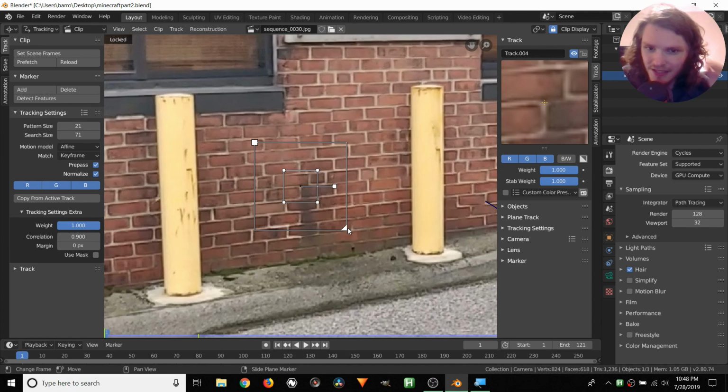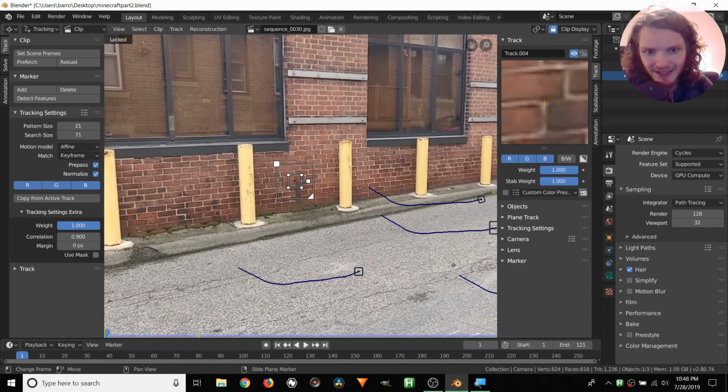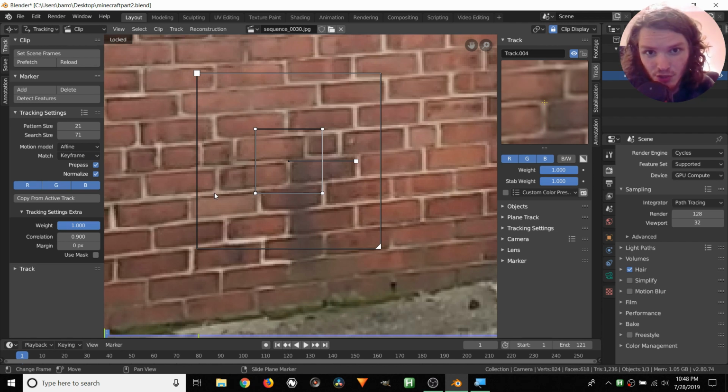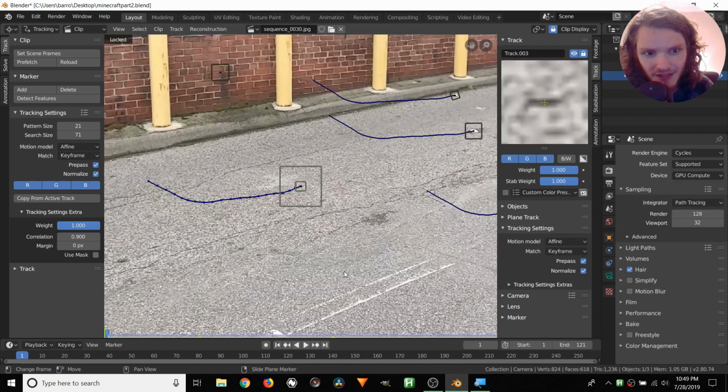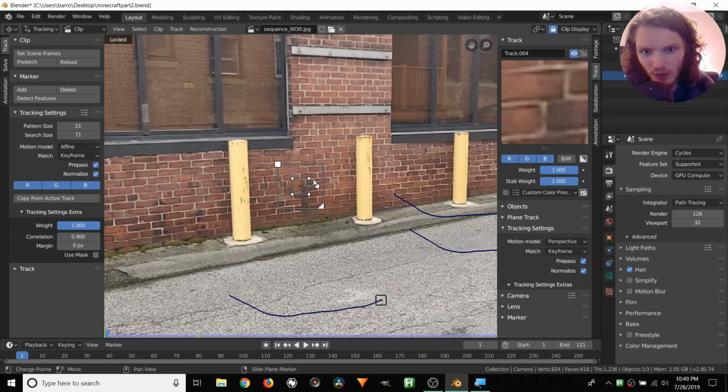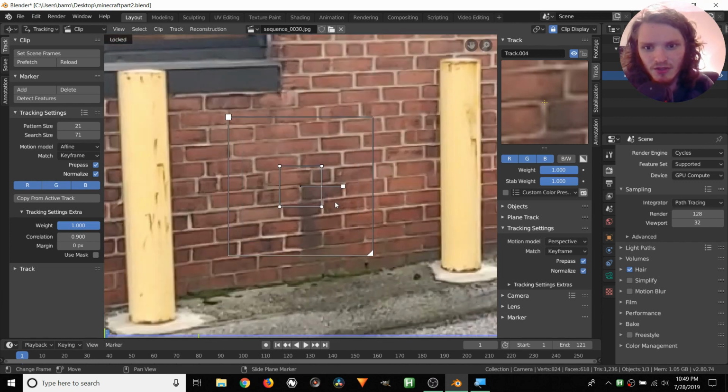And for this one, since it really is a planar surface, not that this wasn't, but just to illustrate a point, we're going to change over to perspective mode because there's just going to be perspective deformation. So again, we don't change it over here because this is the settings we get when we add in a tracker, but instead with a tracker already selected, we go to tracking settings and change it to perspective. So this has perspective, but this has affine because we only changed it on the individual level. Okay, so this should be good.